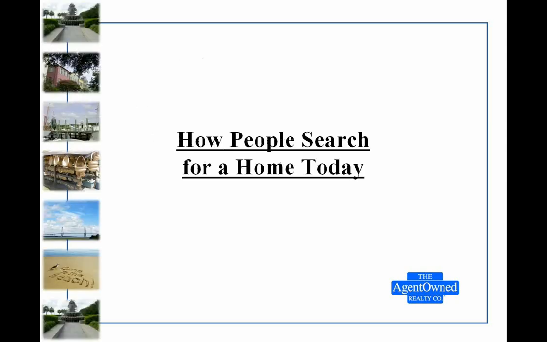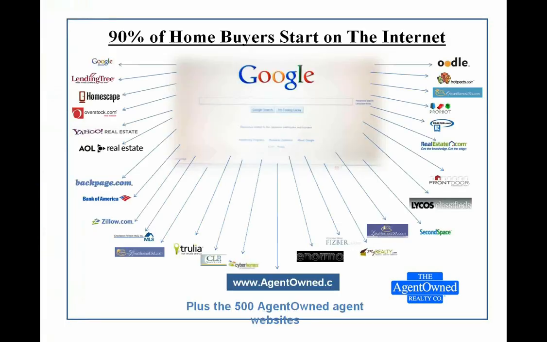Thank you. I'd like to talk with you about how people search for a home today, because this is very, very important. The climate has changed, and 90% of all home buyers, you can see, start on the internet. AgentOwned is a very tech-savvy company. As you can see, when you list your home with AgentOwned in Kenro, you will, at a minimum, get 40 different websites that your home will be exposed on, starting with AgentOwned.com, and then it expands out from there to